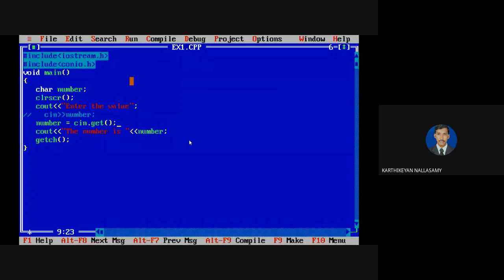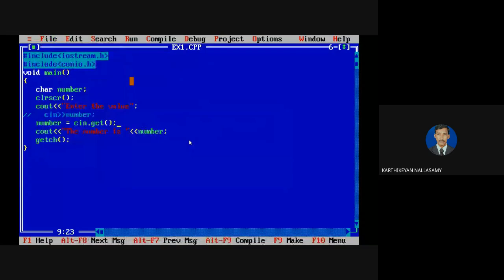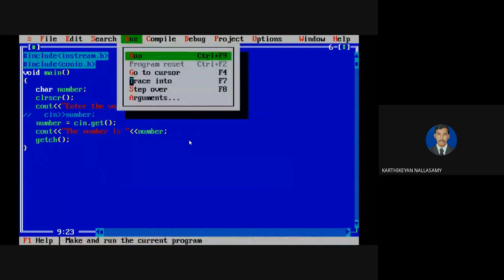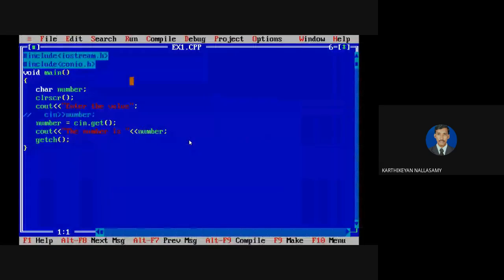So you have an equivalent put method also, but it can put only a single character. But I told you that cout is applicable all the time, so there is no need to go with the extra things. So I'm going to enter only one character, so it will be displayed here. Instead of this, put is also possible, but it will display only one single character. The statement is cout dot put, and you have to give the character you want to display. So that is the syntax.